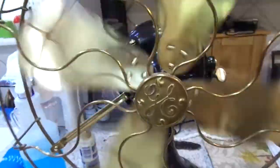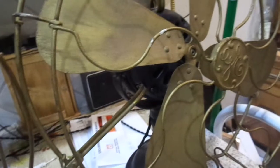This one's almost done. I forgot, I've still got to polish up the oil cups on the bottom. I've got them right here on the workbench. I just have to polish them up, and then I've got new wick material. I've got to cut and put new wicks in them, and then that one will be done. So what I'm going to do is a video on this one. As soon as I finish up the cups on this, I'm going to do a video on this one and